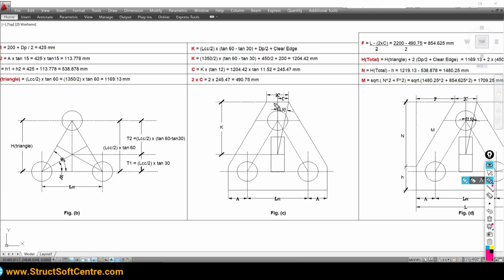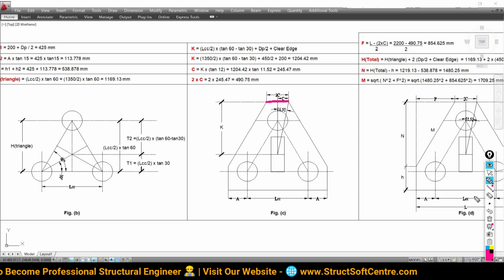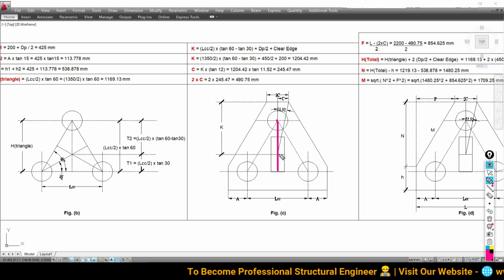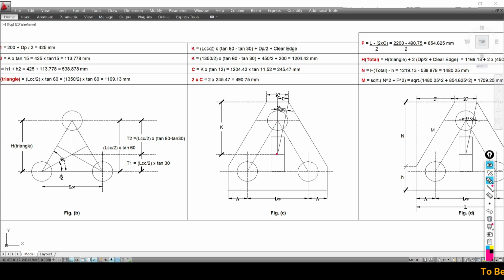Now our objective is not to find out this total height. Our objective is to find out 2c. This value we have to find out. How can you calculate this height, this horizontal distance? It's again very simple. See, we know this total height. Now I want to calculate this height only from the center of the column, or from this center point up to this. Okay, this height I want to calculate.